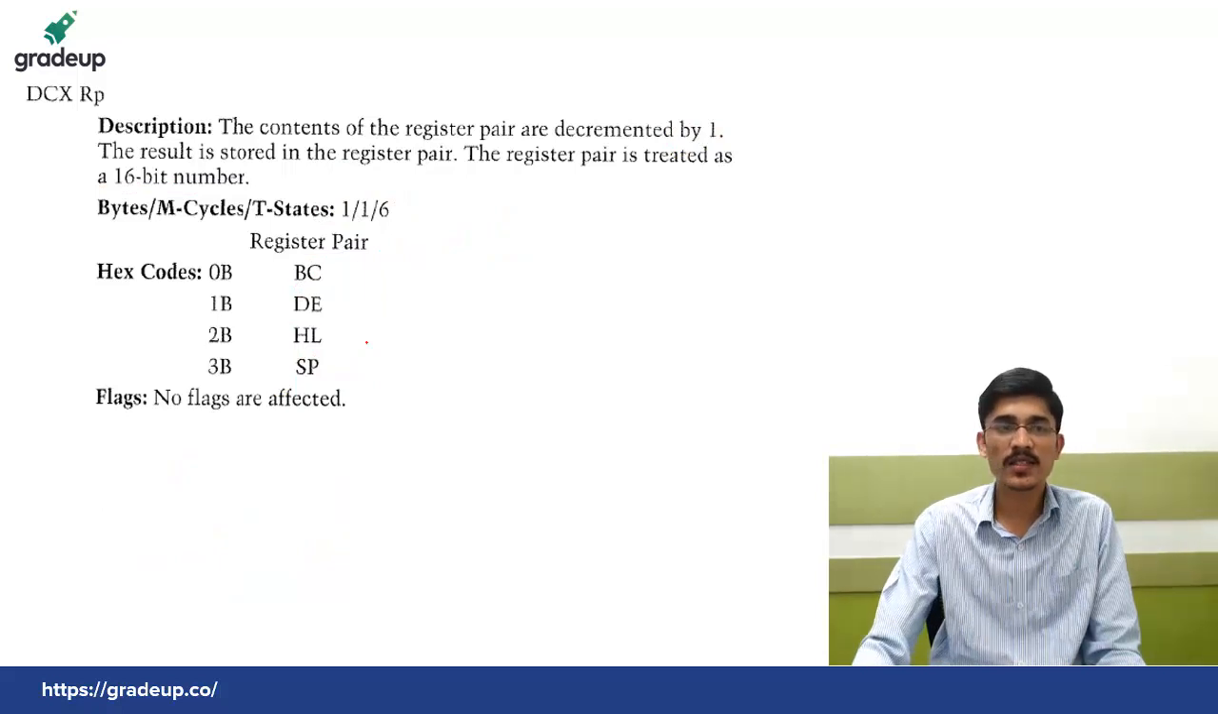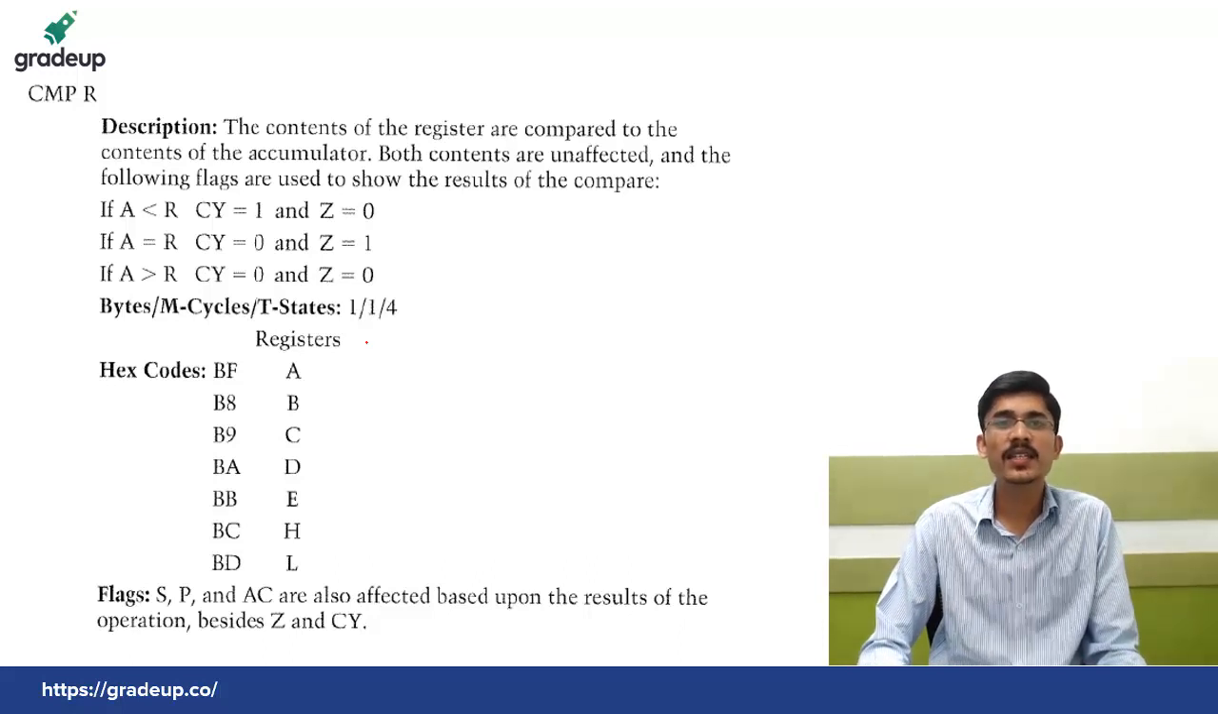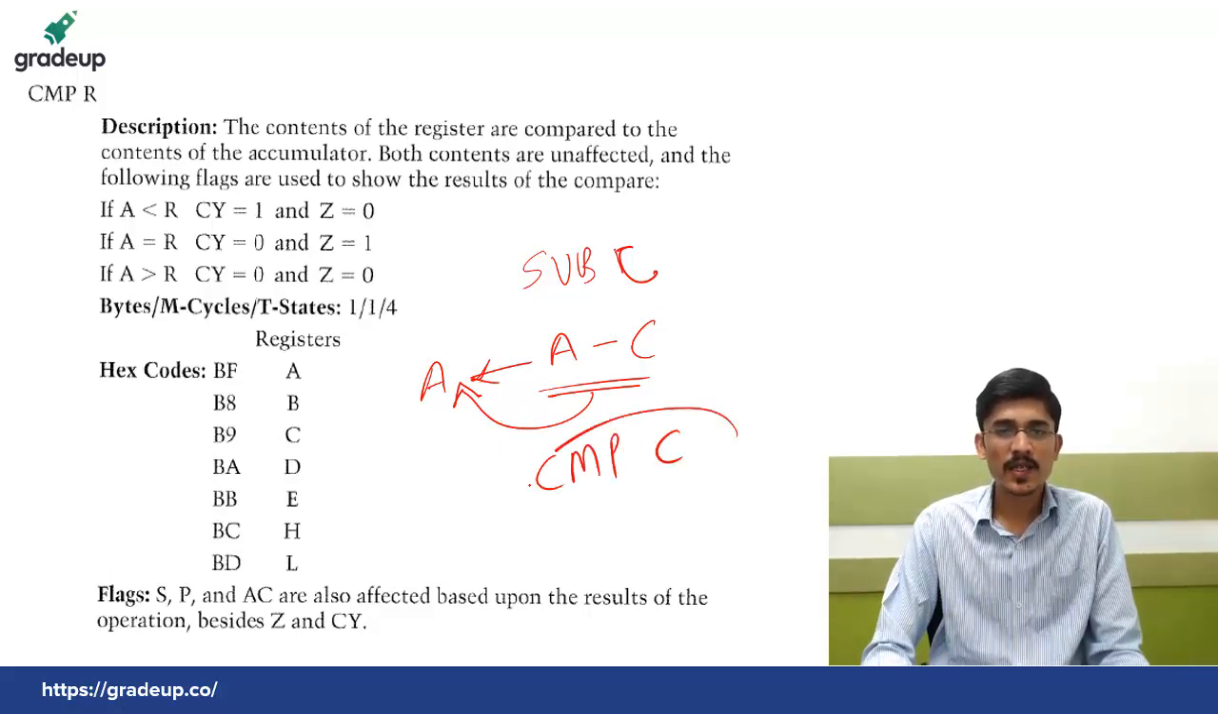So let's move to the next instruction, which is compare R. See guys, this is basically the same as the subtraction operation, but the result is not stored in the accumulator. Suppose we have SUB C. What we do is an A minus C operation is performed and the result is stored in the accumulator. But if you are given CMP C, the same operation will be performed, A minus C,